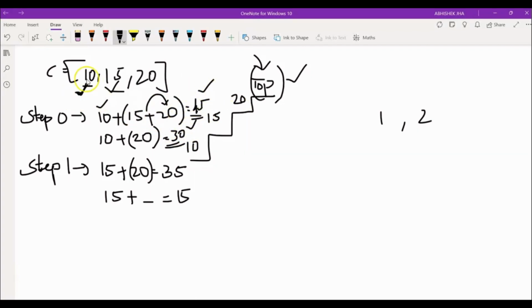But if we start from the first index, which is 15, and take one step ahead, we'll move to the next index, which will cost us 20. Then our total value would be 35, because after 20 we'll reach the top of the staircase. But after 15, if we take two steps ahead, we'll directly reach the top, and the total cost here will be 15. So if we start from the first index, the two different costs are 35 and 15. So the different costs here are 45, 30, 35 and 15, and out of all these, our minimum cost is 15.